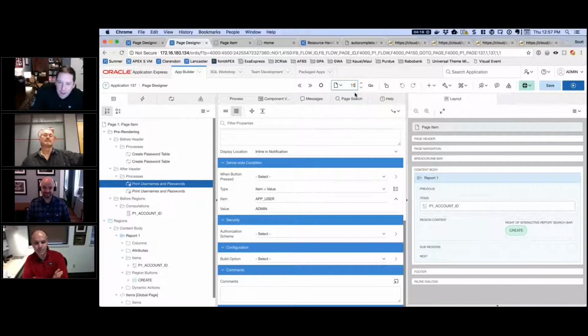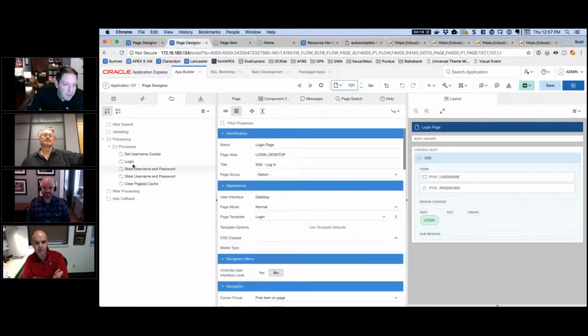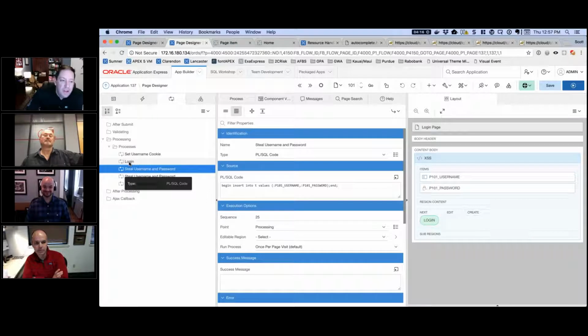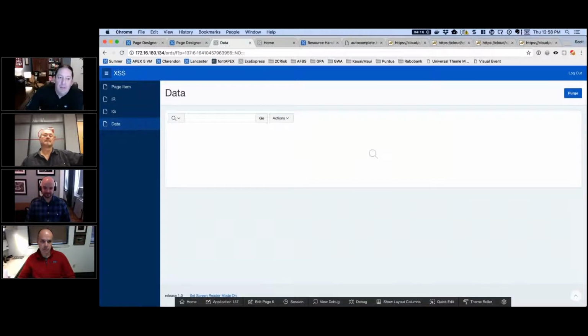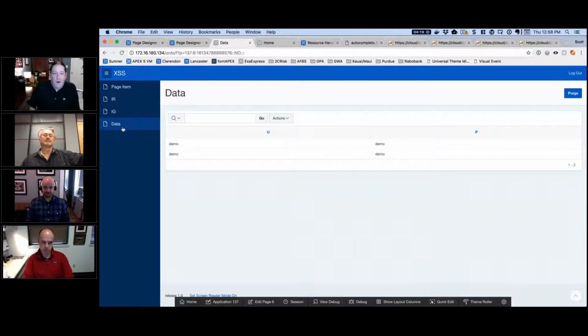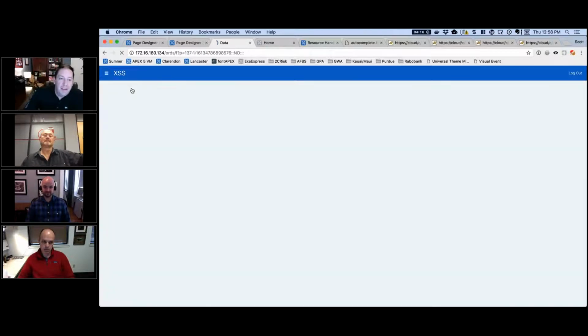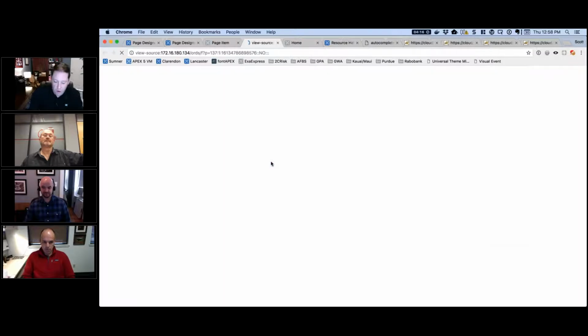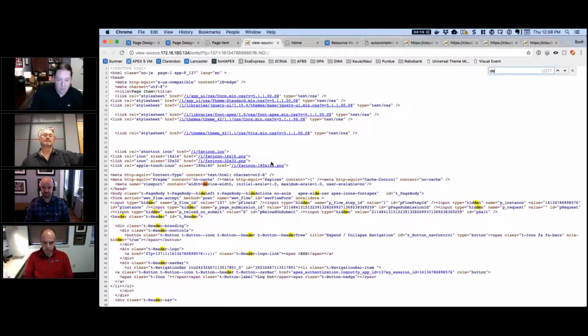And in order to capture all the passwords and the usernames, I had to add a process over here called steal username and password, which sits right in between login and clear page cache, that inserts into T the values username and password. So if I go back down and look at my data field here, which is select star on T, I see nothing until I log in. And now I've got demo, username and password showing up in this table. Now, clearly there's not going to be a report in Apex written on that. So if I go back and view the source of page 1 and look for the word demo,